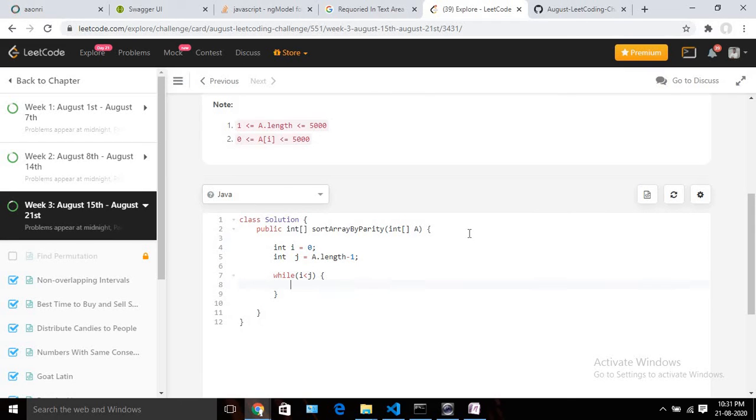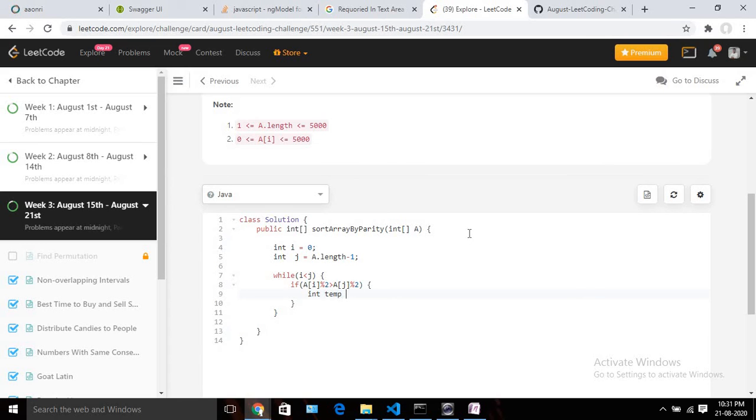Next we check whether the value at position i is an odd number. Using the similar logic, a[i] % 2 is odd, and a[j] % 2 is even. That means on the left side we have an odd number, so we can swap.